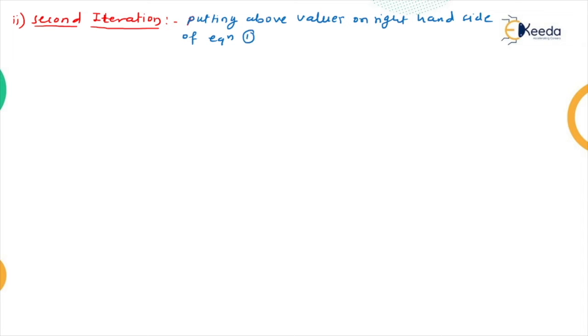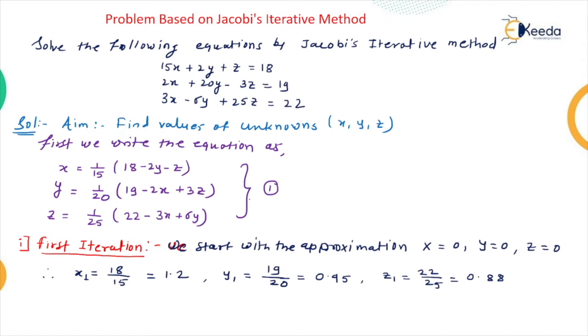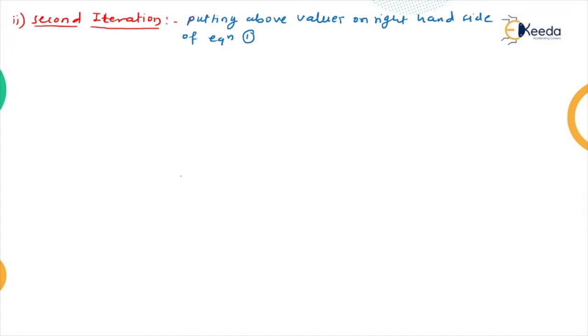On the right hand side of equation 1. You know what equation 1 is? Equation 1 is this. We have to put the values of x, y, z in the right hand side of the equation. Putting means you already found x1, y1, z1, and we have to put these x1, y1, z1 in equation 1. So we get here,